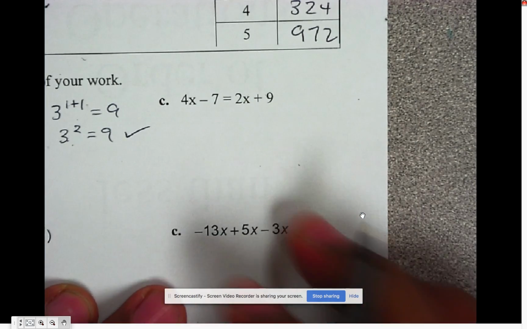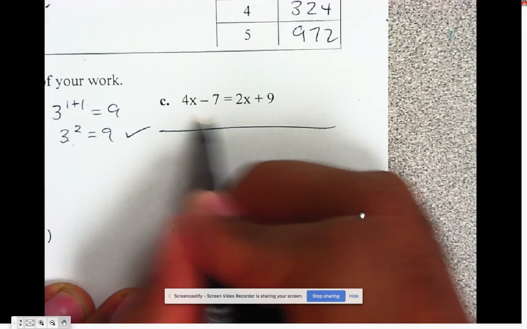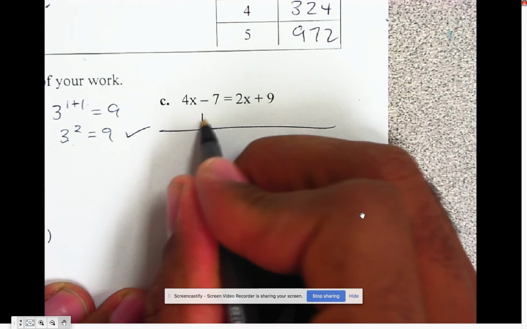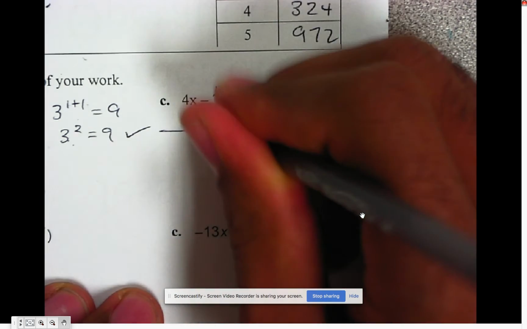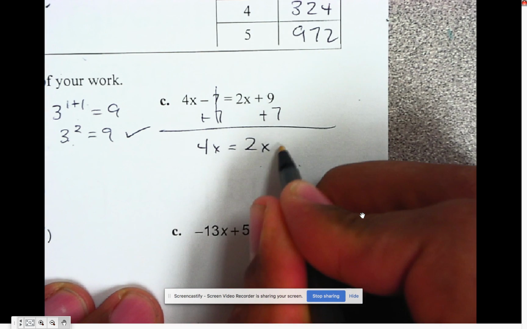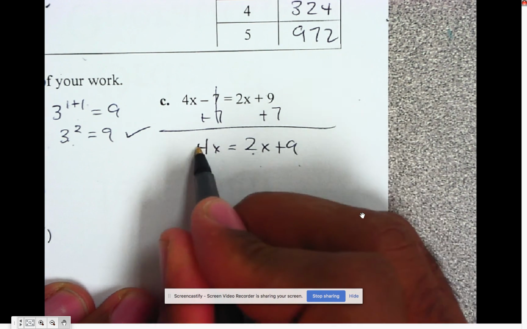Okay. So now this one over here. Here, what I want to do is get x by itself. So on this side, I want to move that 7 to the right. So I have to add it to the like term. So now that cancels or becomes 0. And then the x terms I want on the left, so I'm going to take this x term and move it over here by subtracting